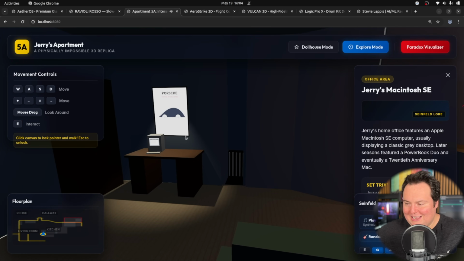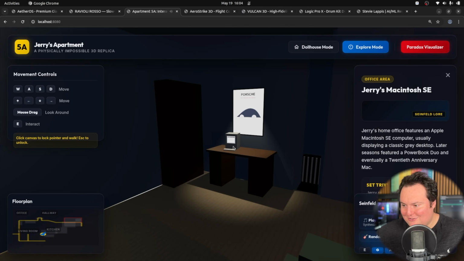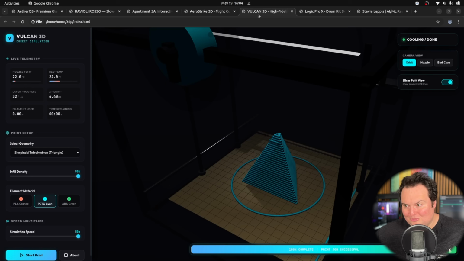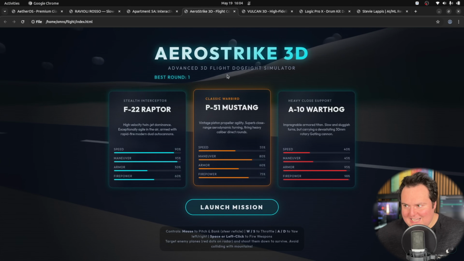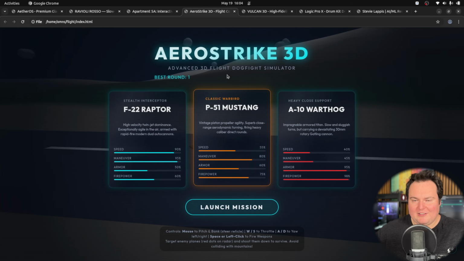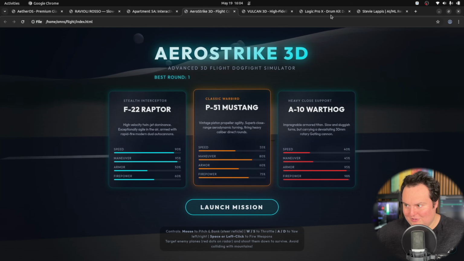The Mac actually had a little screen. I forgot about the sounds. This model loves music. The Mac had a screen on it which actually showed an old System 6 OS, which was fascinating. The 3D printer sim was very good. The plane game and the motorcycle game were not as impressive as some of the other results we received, namely